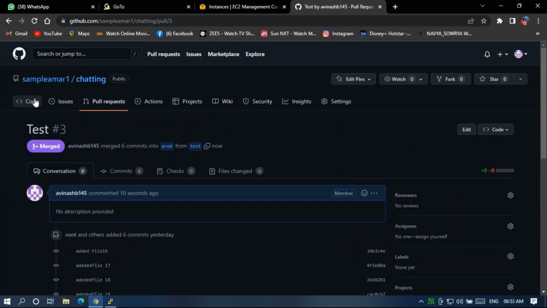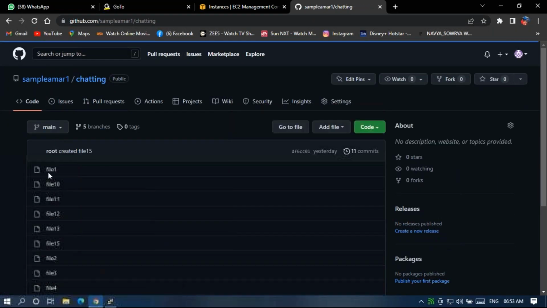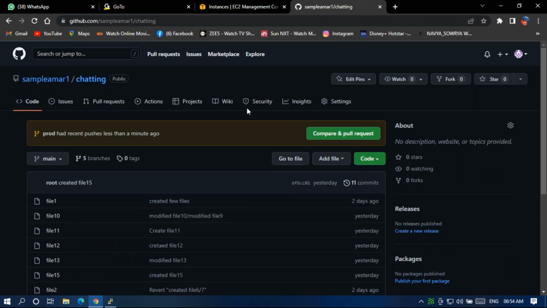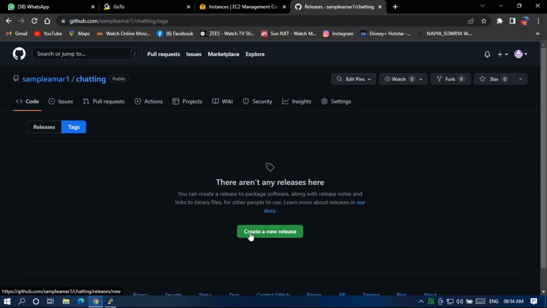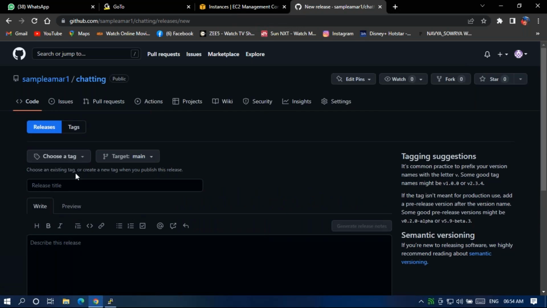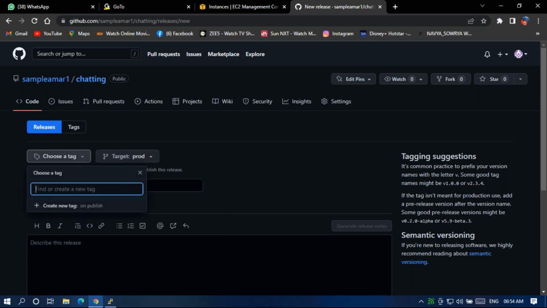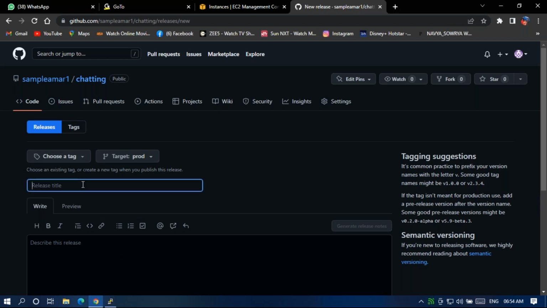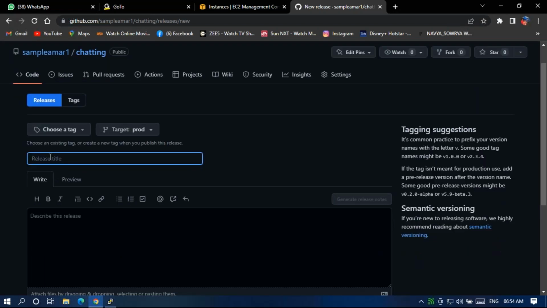Okay, like this. Now with that production code, guys, we'll create what I can say, tags, a release tag. Create new release tag, from production branch. This is so that later, if for any reason my new version is not working, we can revert back